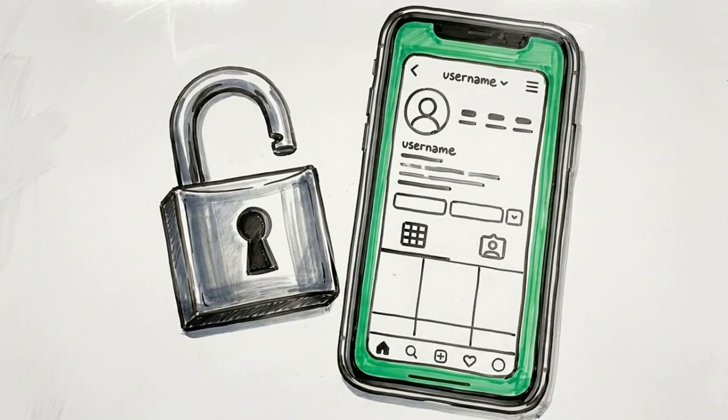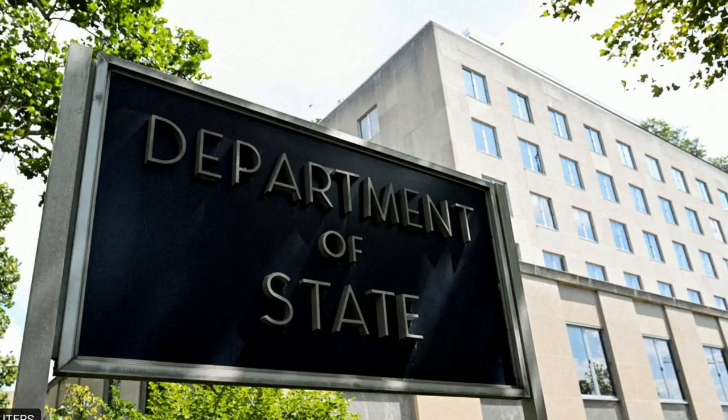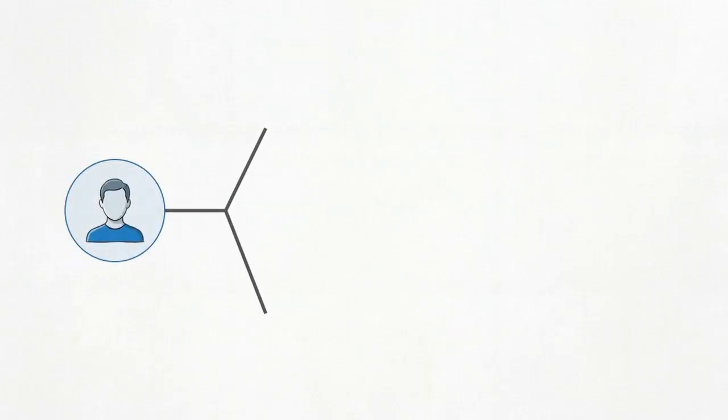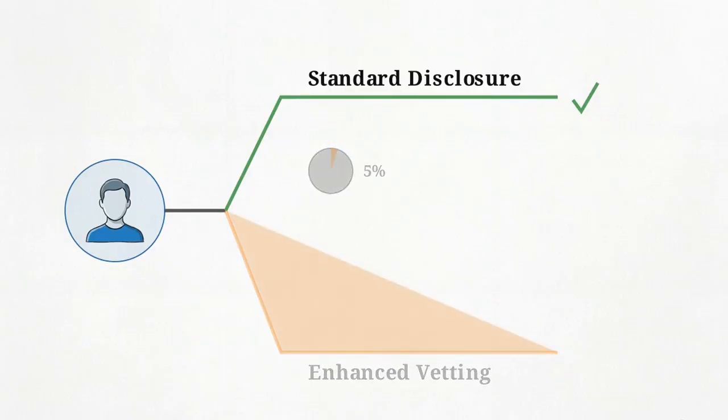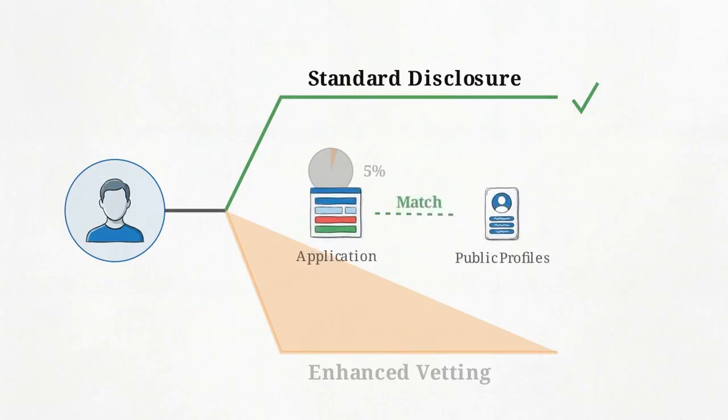Your public digital activity is no longer a private matter. The Department of State now treats it as a formal, scrutinized extension of your visa application. To manage this requirement, distinguish between the two levels of vetting: standard disclosure and enhanced vetting. Most student applicants undergo standard disclosure, which verifies that your identity and academic claims are consistent across your application and